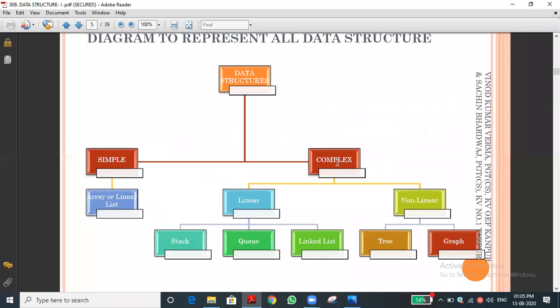Non-primitive data structures are classified into linear and non-linear. Now you know what is stack, what is queue, what is linked list, and the subclassification of linked list: singly linked list, doubly linked list. Non-linear is classified into tree and graph. You know these things also. Have you known this concept now? Maximum, all the basic concepts of data structures.